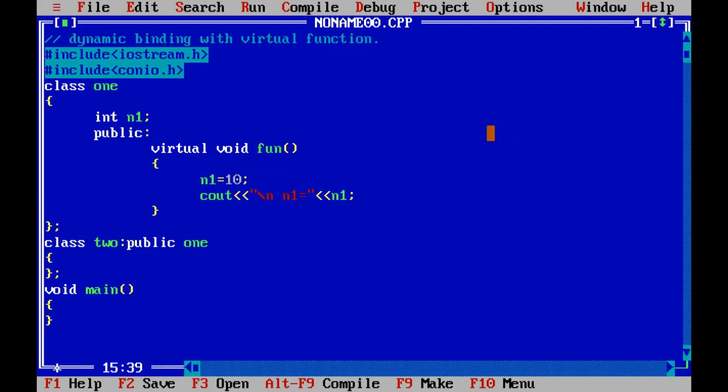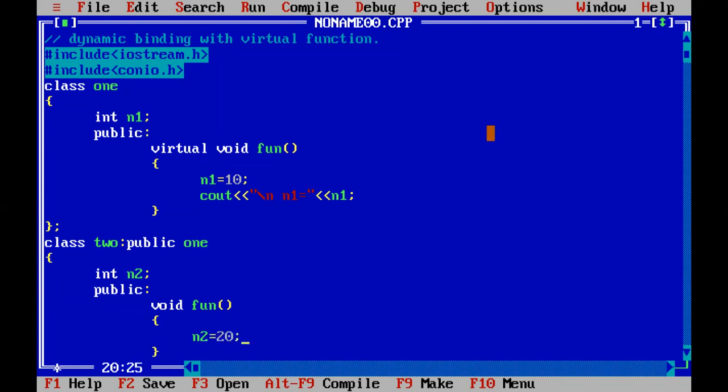I need to redefine this function in the derived class, class 2, also. Class 2 also has its own member, so n2 is the data member of class 2. Then under the public access specifier, I redefine this function in class 2 without using the virtual keyword. The return type of the function is void, and the name of the function is fun. In that I'm giving the value to n2, suppose 20.